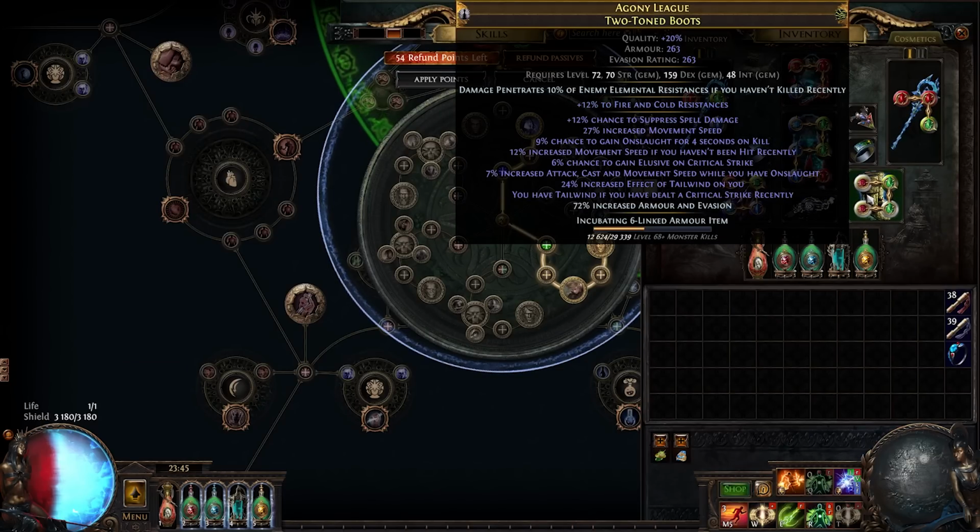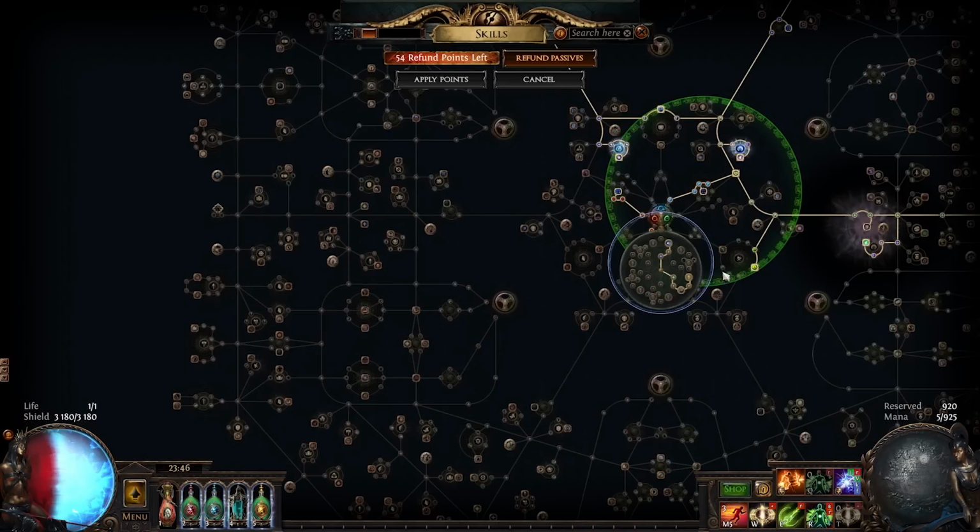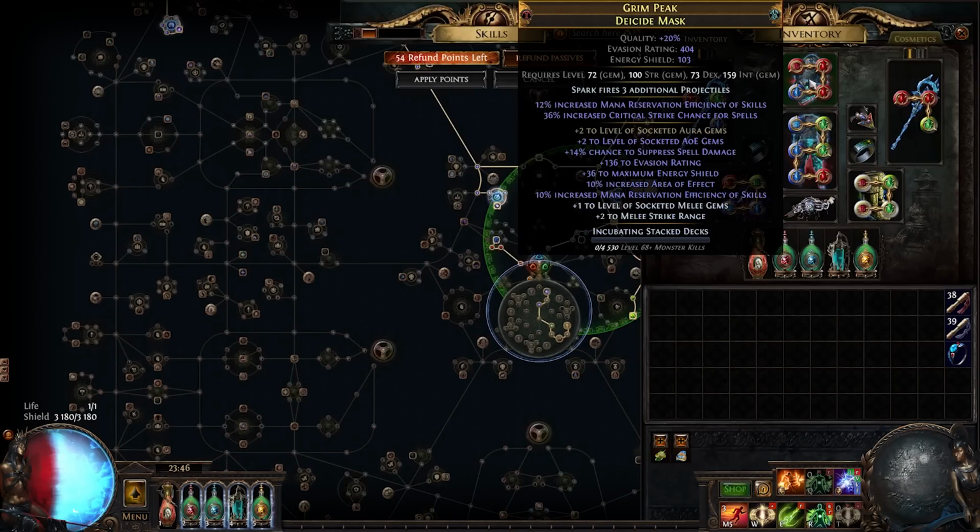I was just relying on the Onslaught on kill from the boots, so I had it for mapping, but on single target. So getting it single target is obviously nice. We get the bonus move speed and the suppression. So the extra suppression allows us, together with this helmet I crafted,